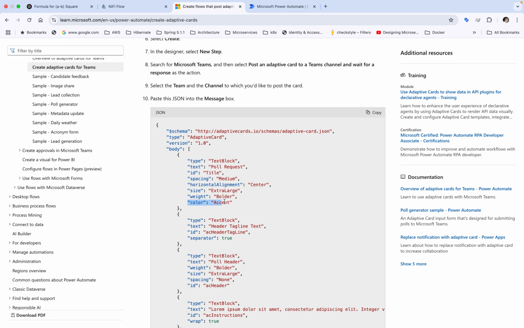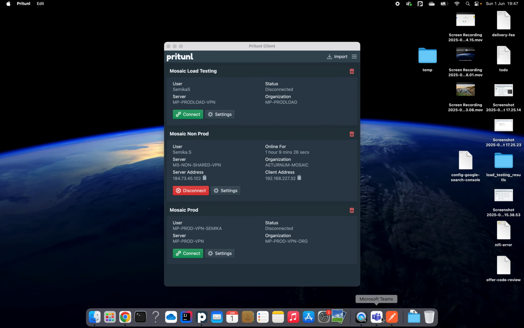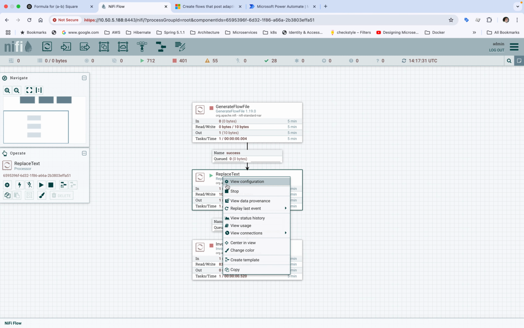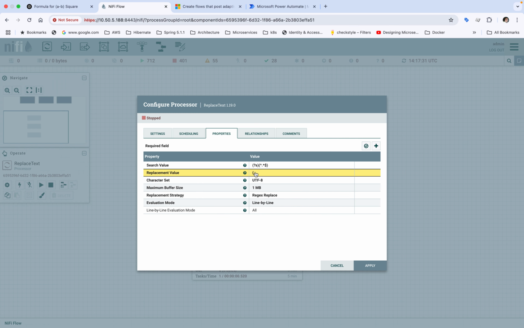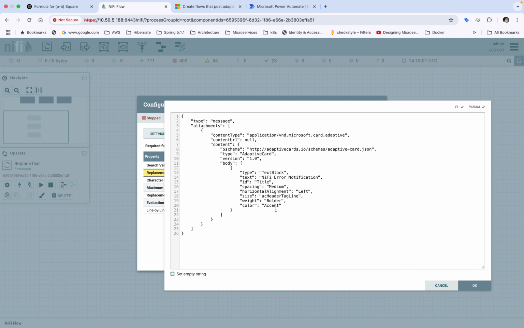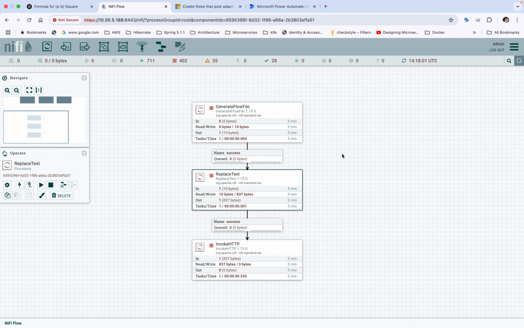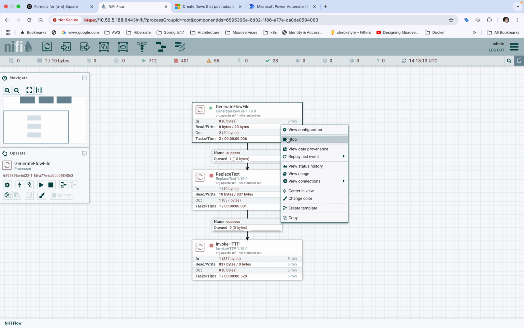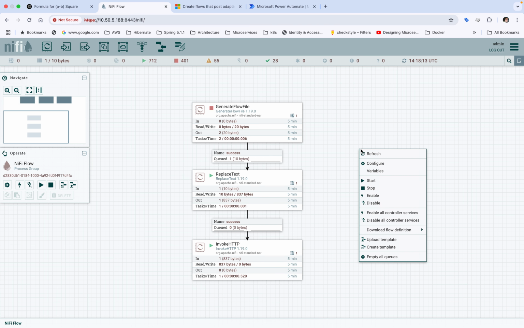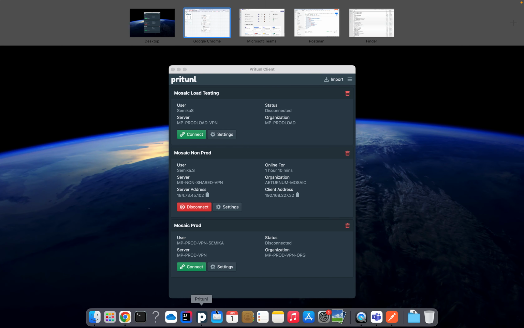For example, if I change this color, let me show you that also. So go to NiFi. I'm going to stop this. I'm going to set title color to red. Should work, right? Oh, it's already there. I'm going to set red. See what will happen. Apply, refresh, start, refresh. Oh, stop, start, refresh, done. If you go to Microsoft Teams,